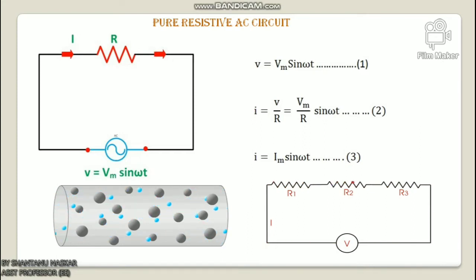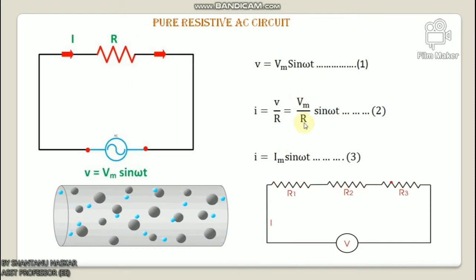In the purely resistive circuit, the power is dissipated by the resistor and the phase of the voltage and current remain the same. Both the voltage and the current reach their maximum value at the same time. The resistor is a passive device which neither produces nor consumes electric power. It converts the electrical energy into heat.